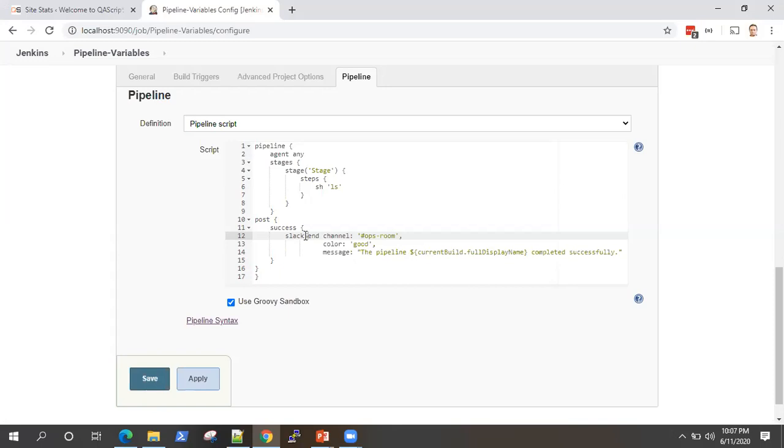You can configure some defect management tools and a lot of other tools also. So here, this is the Slack send channel. This is the channel name, right? And this is the message. So the pipeline, again, the build name completed successfully, right? This will come as a message in the Slack channel. And whoever is there on that channel, whichever team, they will get notified.